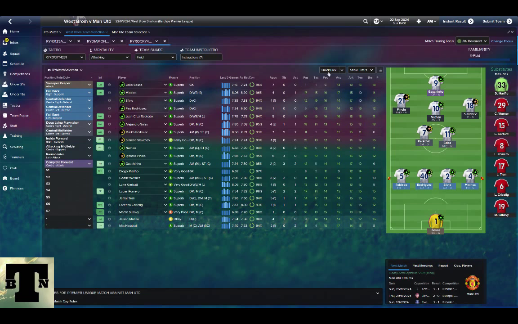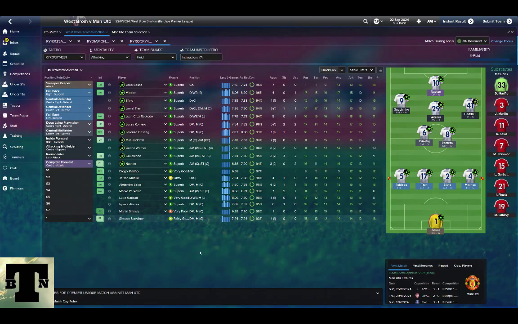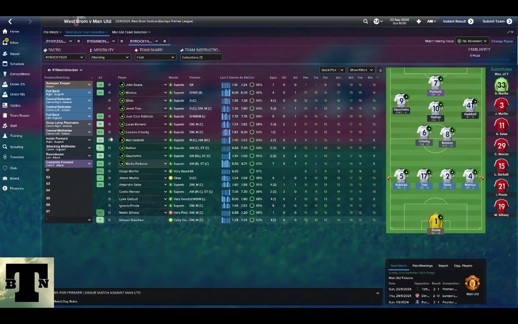So here we have, let me ask the assistant manager what he thinks. So he has come back and made these recommendations. Let me check them out. Romero is old and slow. Christique is old and slow. Not the best combination. He wants Nathan to be up front. I don't think that's a good move. Berkowicz will go out. Werner will be on the bench.